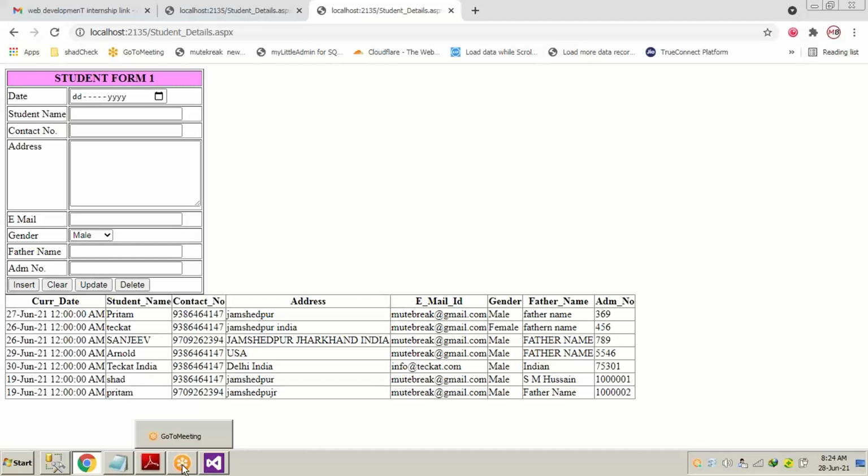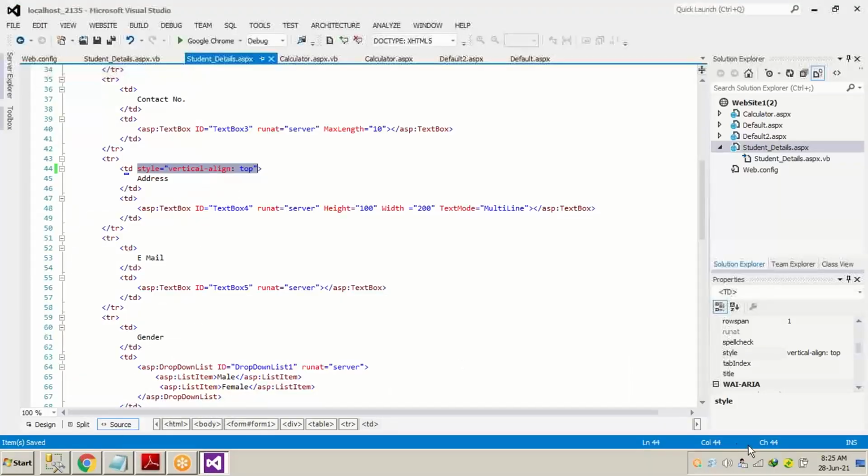So this was the thing with the style part. We will be doing more and more. No, we just did it with the style part also, Sip Santosh. We just did it in a very easy manner. If we just write this one also, the result will be the same. Okay, style equals vertical-align top. It's up to us how and what we write, how easily we get things. So it's written over there in the style form. So we selected the style part and we just created this thing.